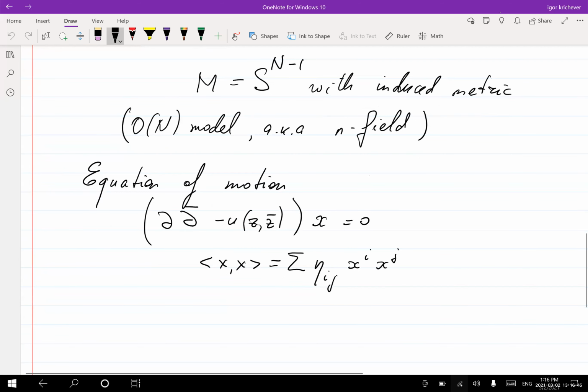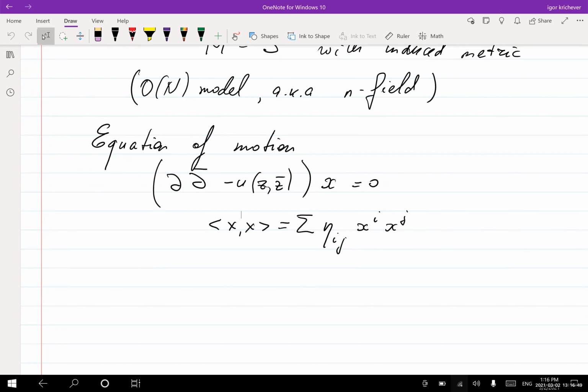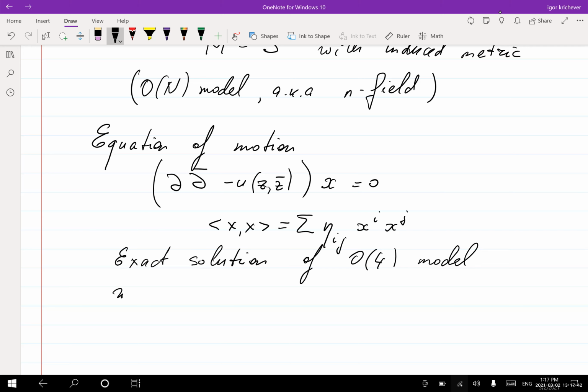So this is, again, as I said, a classical problem. And the most influential paper in this direction in mathematics is about harmonic maps of torus into the three-dimensional sphere, better to say. So it was the paper by Hitchin in the 90s, in early 90s, I don't remember. So exact solution of the O(4) model were constructing solutions